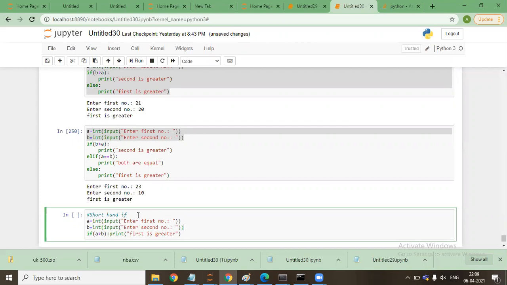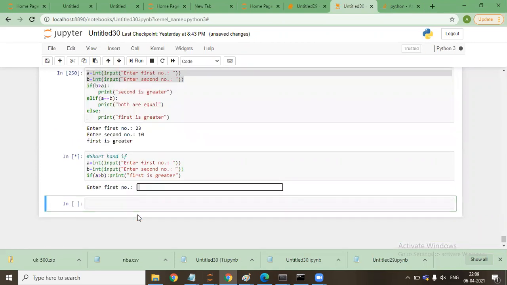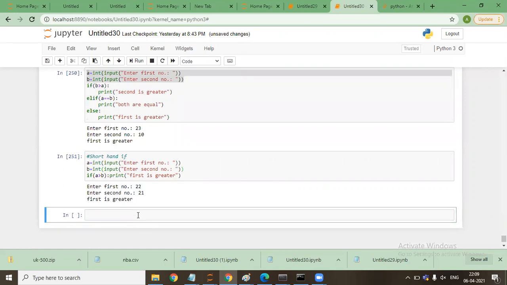First number 22, second number 21, it will say first is greater. Now I'll come to another statement.